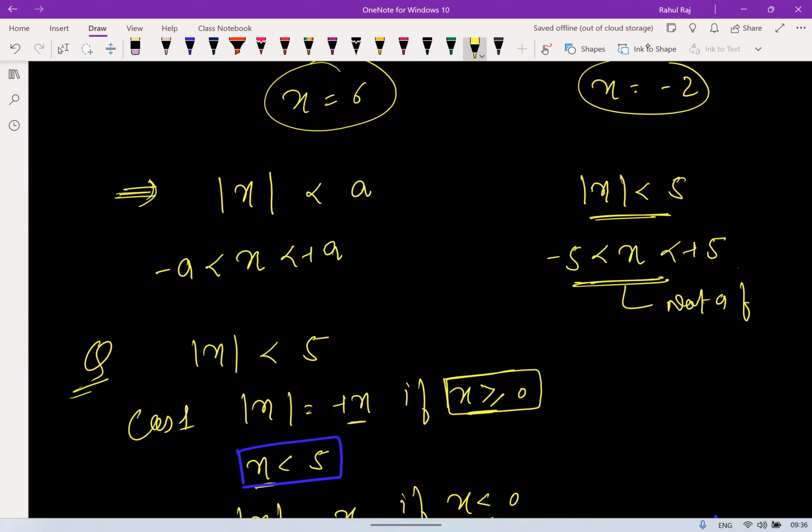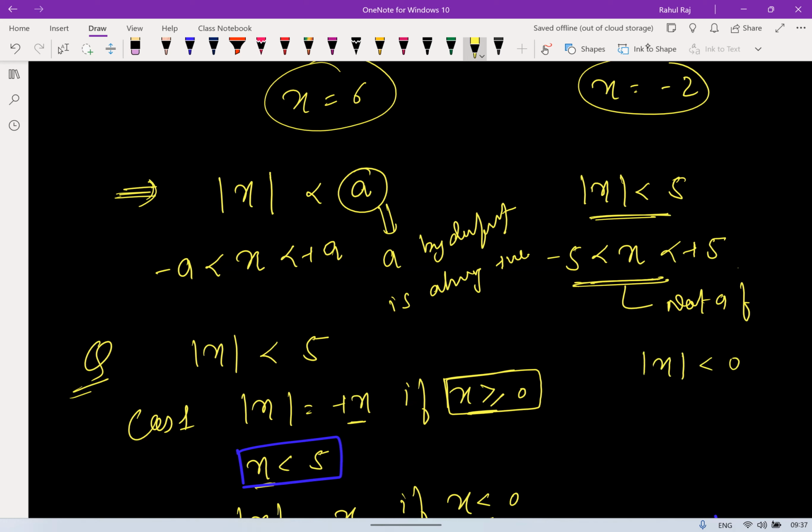So technically when I say mod x is less than a, can I 100% say a is a positive element? A by default is always positive. It is all about how you understand. Can I say this? Yeah. Why? Because